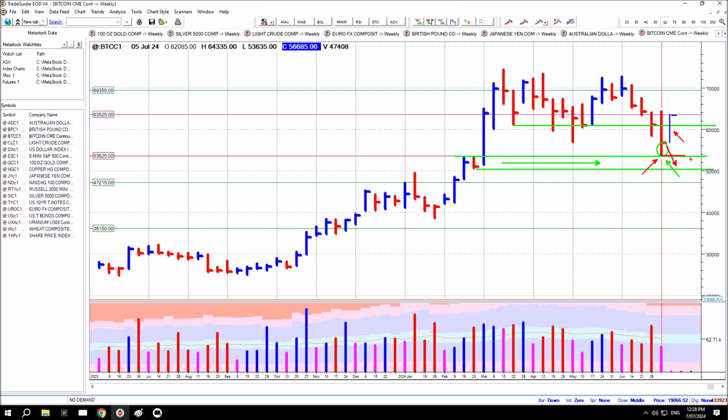A reversal like this in blue would likely see the market come back up and attempt to test the highs of the range. A further down bar in response would likely see the market attempt to consolidate and recover around the 50,000 level or just on top of it. So pretty important response next week, but buying support did emerge off the lows this week. Just how strong they are and how strong the supply is that's been drawn out. It's going to be a bit of a battle between buyers and sellers. We'll see which one gains the upper hand, probably sometime this week.